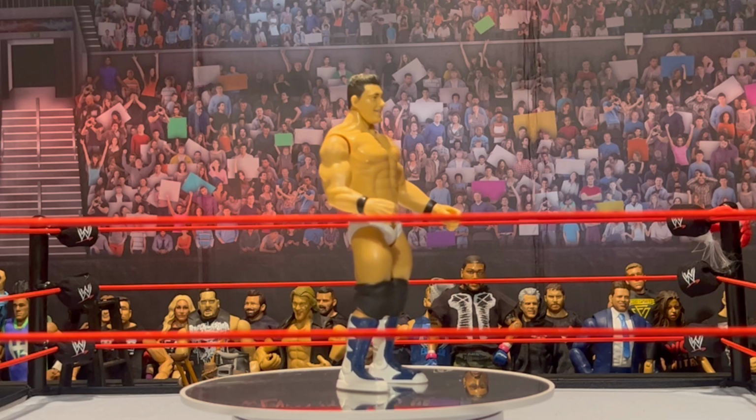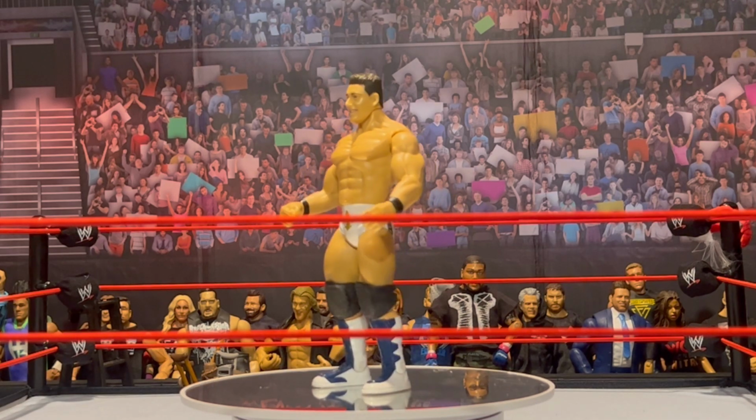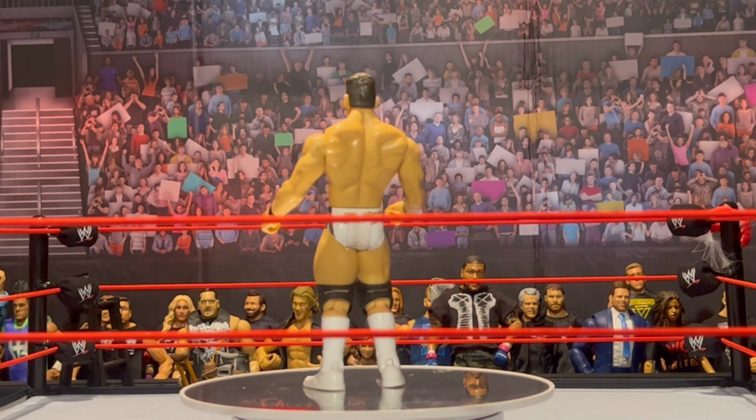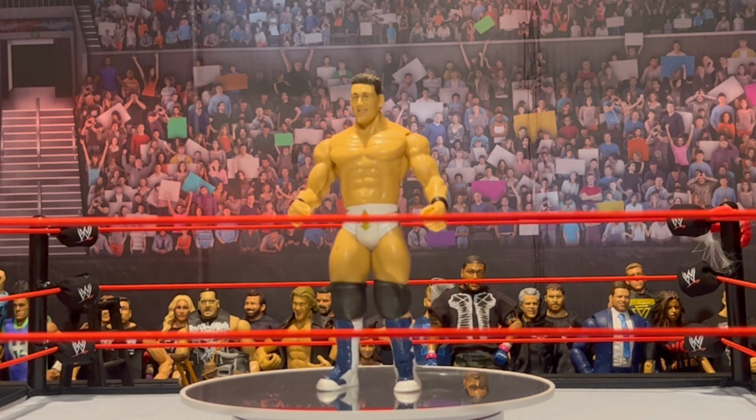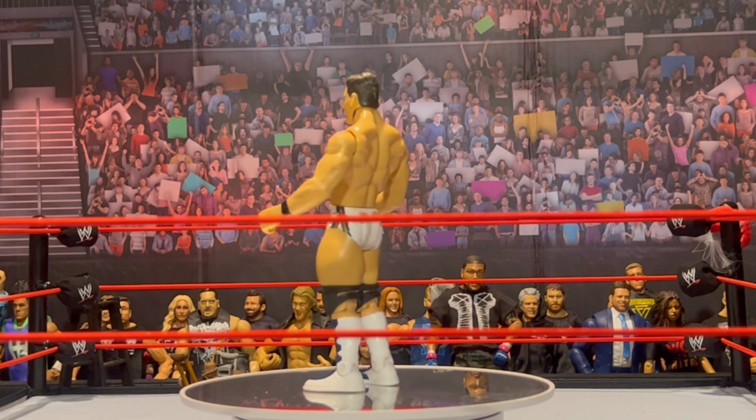But one thing I noticed with this Sylvain figure is the arm choice that they went with. Some of these figures during the time, it was very weird, because a lot of the times with the arms, you can actually move them, but this here has no articulation at all with the elbows or anything. Really weird that they did this for some wrestlers, but for Sylvain, I think it actually worked out pretty good. He's also got the black wrist tape going on,